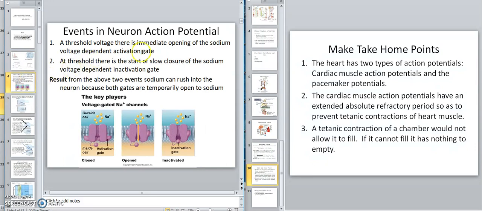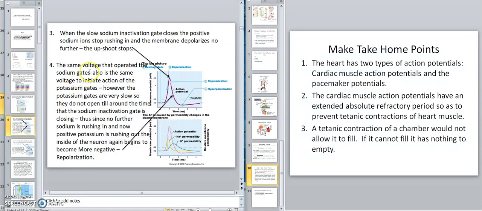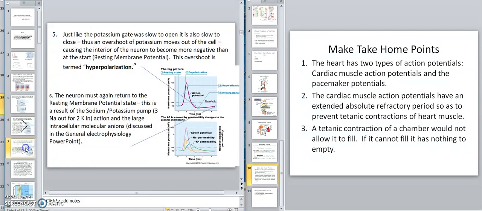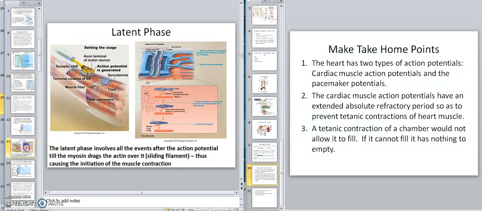Now, I even went in and tried to write out the events in a neuron action potential. I'm not going to go through all that because I took my time to write that out, and you can study that for those that really can get into it. I spent a lot of time putting all of this together in order to show you everything. And then to compare and contrast it as we get further down, there's a neuron action potential as to, so